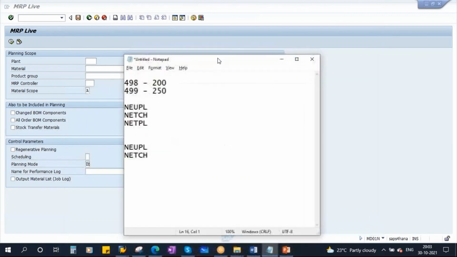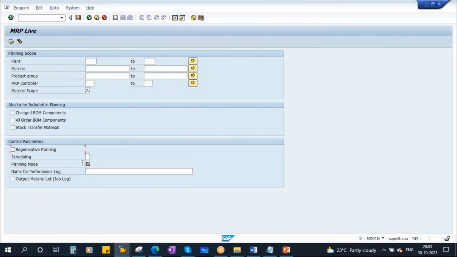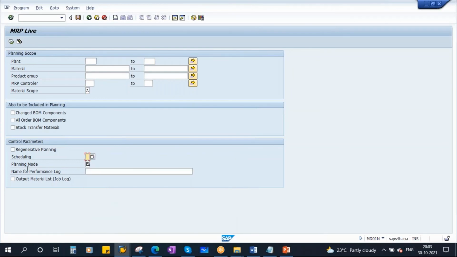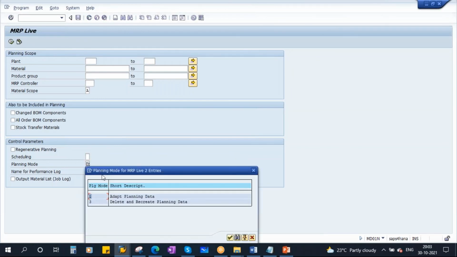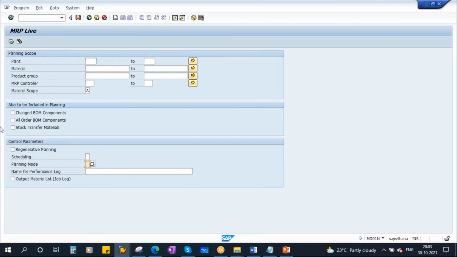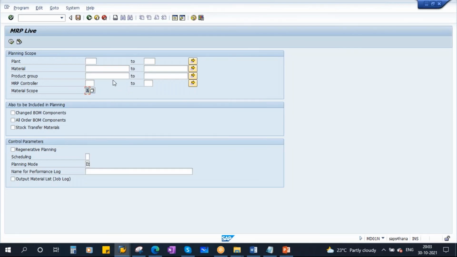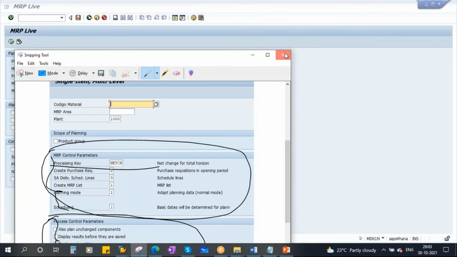Now another one is scheduling. Scheduling is the same; we still have two options. Planning mode I already explained: they removed 2. There you have 1, 2, 3, but here in S4 HANA you have only 1 and 3. Material scope, all materials MRP, we will discuss later when we go to planning results, and I will show you then. The major change is the planning scope. You have a lot of flexible options here.